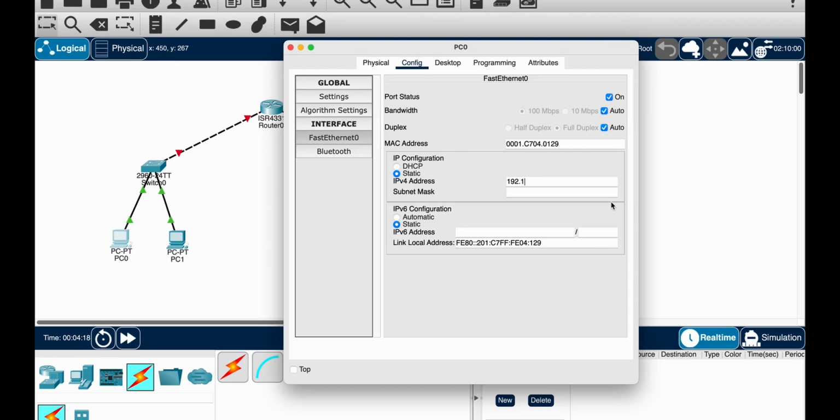we are going to give it the IP address 192.168.1.101. Click here, and notice that our address over here starts with 192.168.1. So these three portions over here are called octets. These octets are reserved for the network portion. So this PC0 over here and this PC1 over here are going to have the same network portion. So 24 bits for the network portion and 8 bits for the host. So 192.168.1 is going to be the same for all of this LAN over here. Okay, so keep this in mind.